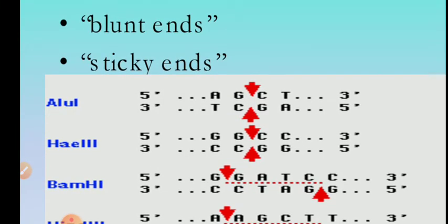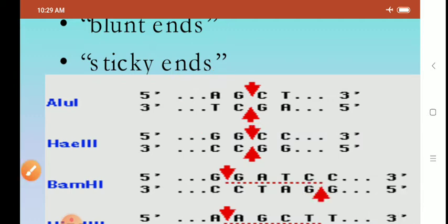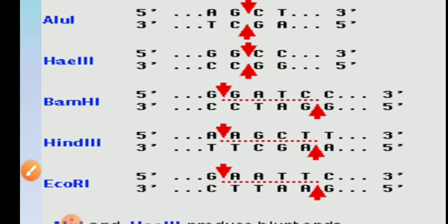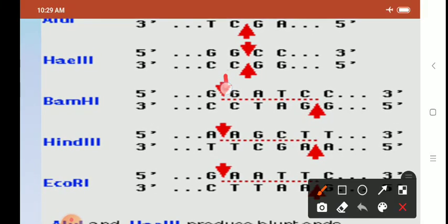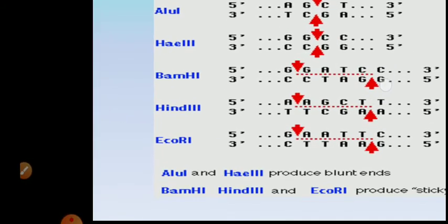Whenever a restriction enzyme cuts a DNA, it may create blunt ends or sticky ends. In the first example, you can see there are 4 bases and the DNA is cut in between the 2 bases. So when 2 DNA fragments are created, both have the same ends and the same length, since it is cut in the middle of the site. That creates blunt-ended DNA. If you look at the third one, BamHI, you can see the red arrows showing how it cuts. The enzyme cuts from here and from here, and hence it creates single-stranded ends called sticky ends.